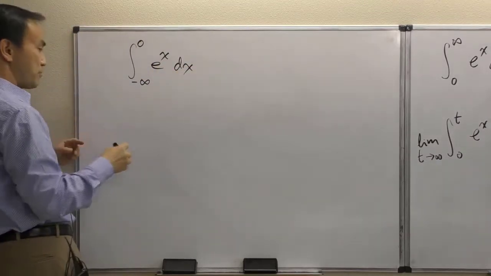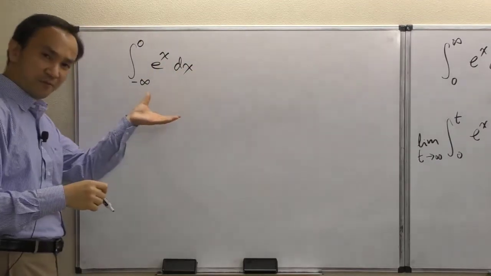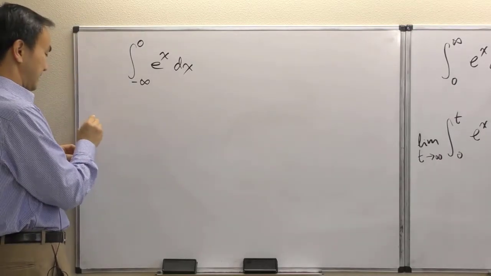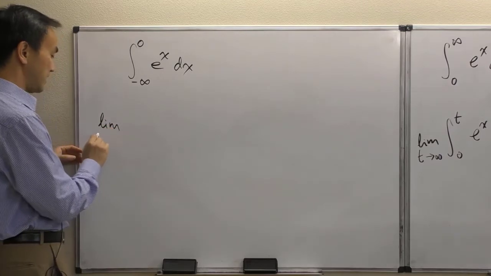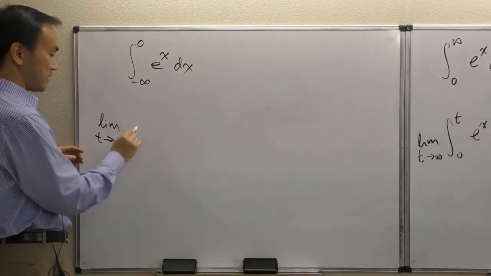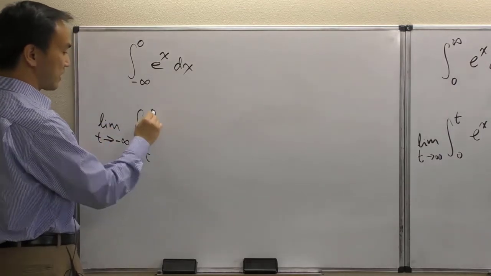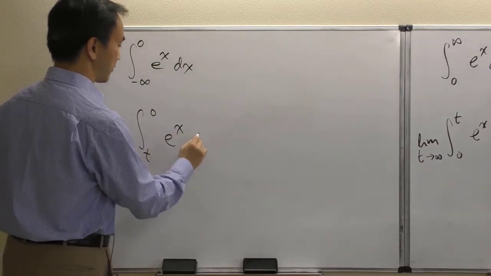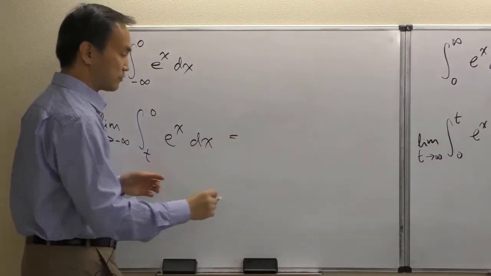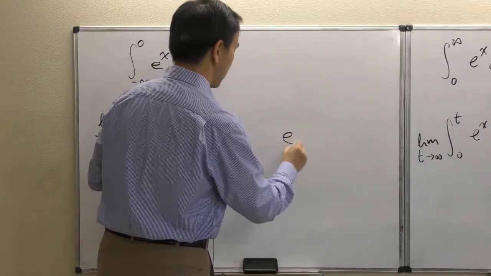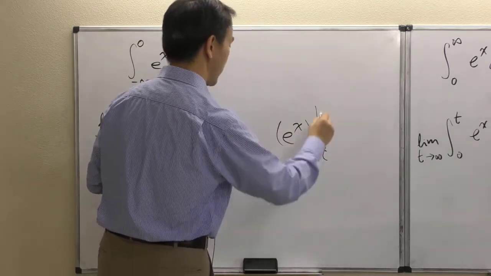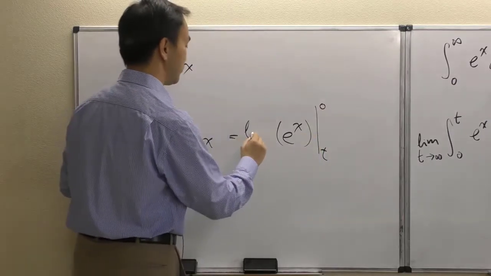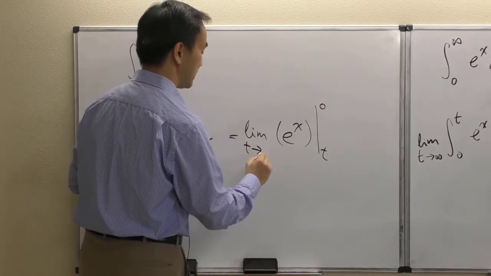With this improper integral, it's a form B that we have seen earlier. Then we can produce separately a limit problem, letting t go to negative infinity, but we're setting up from t to 0 on this e to the x function. And this will consequently produce e to the x as the antiderivative, evaluated from t to 0, and then we need to take the limits, letting t approach